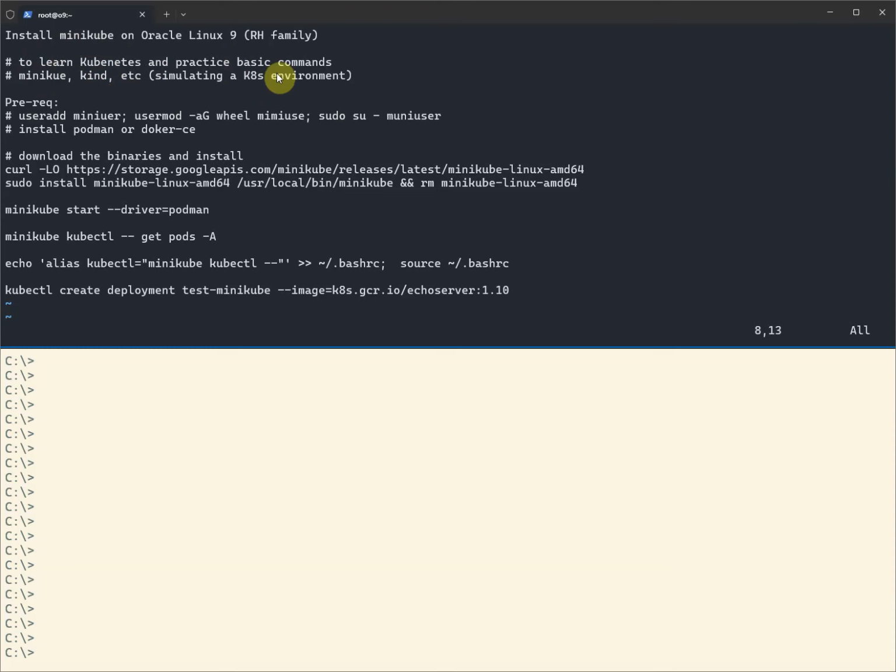Tools like minikube or kind try to simulate a Kubernetes environment, so we can practice commands similar to an enterprise Kubernetes environment like